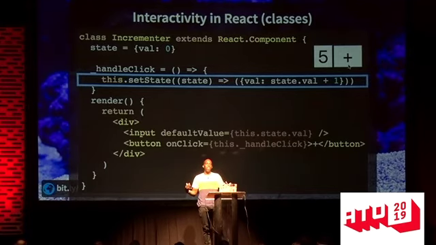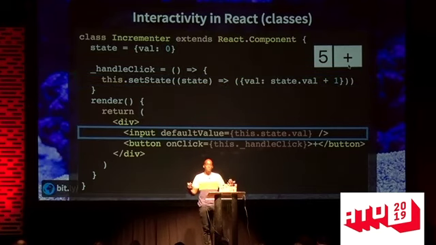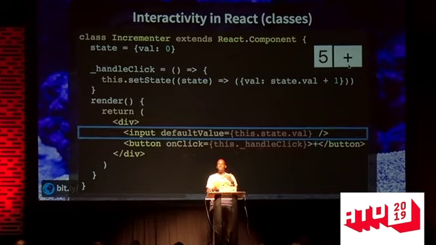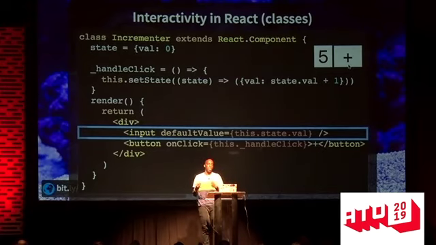And as a result of calling setState, what React does is it calls render again, but now with the new value of state. So we put this new value back in the input field. It went from 0, now it's 1, and now we have 1 when we click the button. And although it may seem like calling render again will destroy the previous UI and display this new UI, that's actually not what happens because of the virtual DOM and the optimization that it provides. So it only updates the actual things that's changed. So the div doesn't update, the button doesn't update, even the input stays the same, it just updates the value